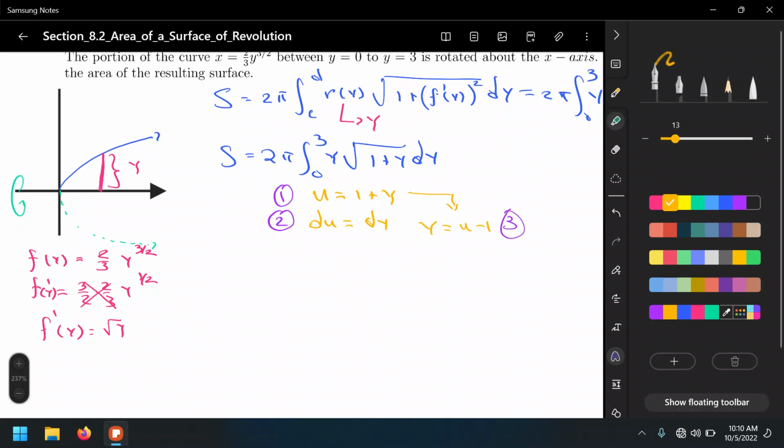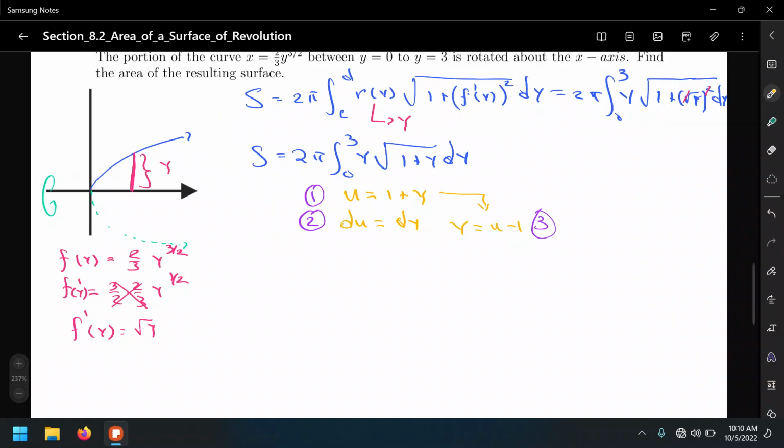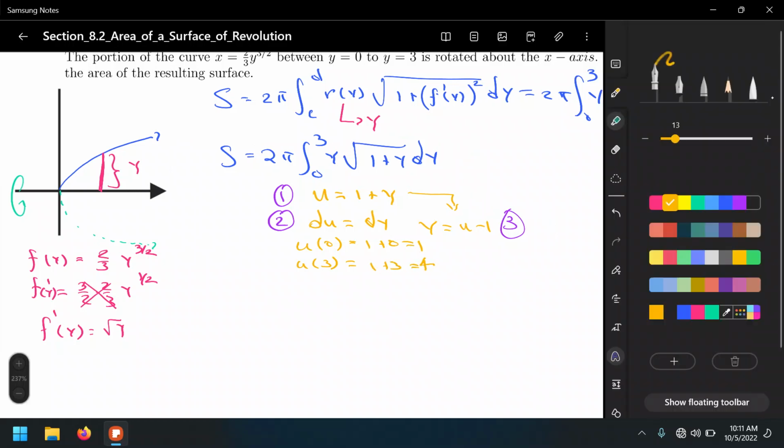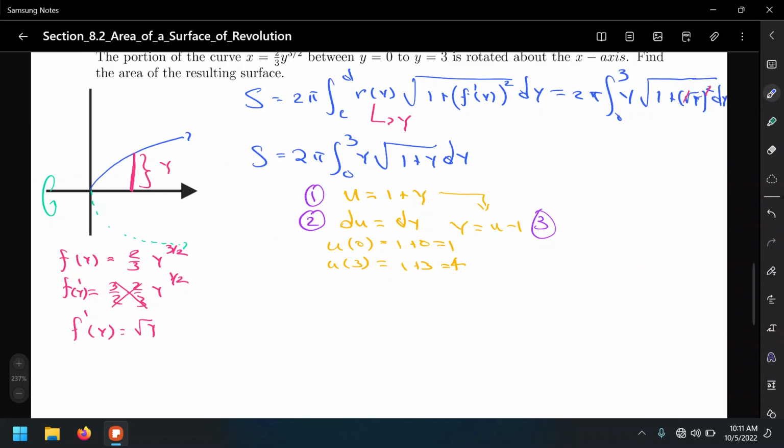And of course, my advice: change the limits of integration also to the corresponding ones in the world of u. So u of 0 and u of 3. So u of 0, that's going to be 1 plus 0, which equals 1, and 1 plus 3, which equals 4. So let's go back to the integral and express everything in terms of u,